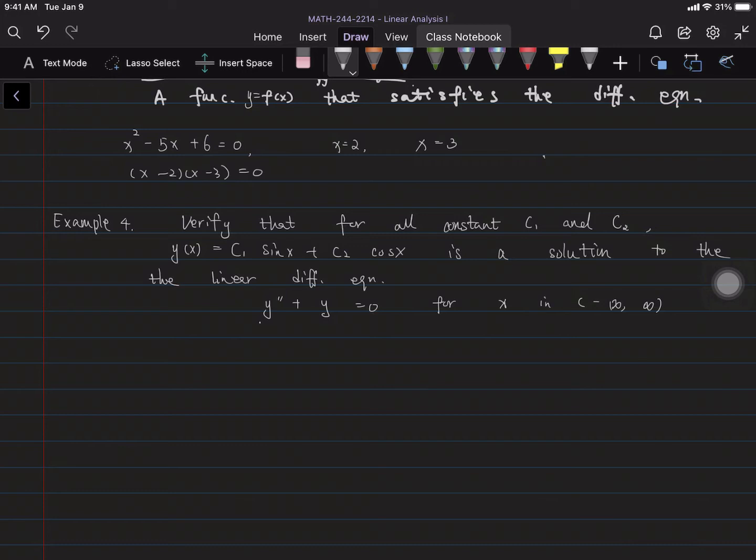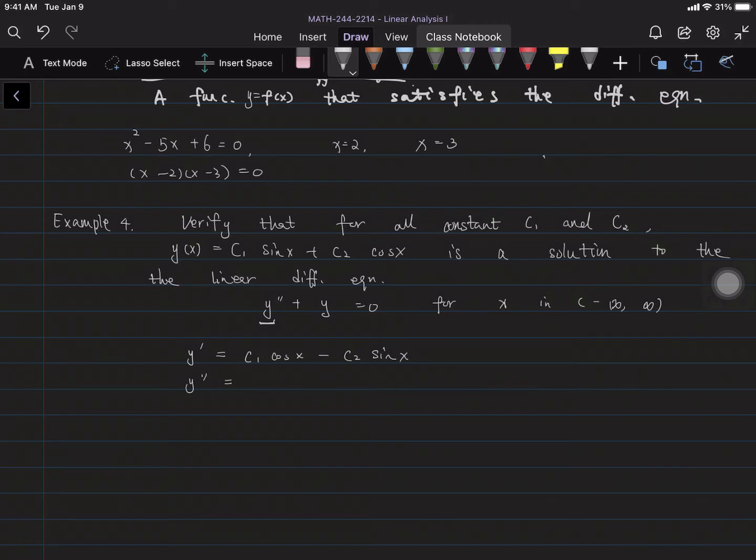In the equation, we have the second derivative. So if we want to plug in our function, definitely we need to find the second derivative, right? So first step, we need to find the first derivative from the given function. The first derivative, we just take the derivative of the function: the derivative of sine is cosine, and the derivative of cosine is negative sine. Okay, so that's the first derivative. And then we do the second derivative